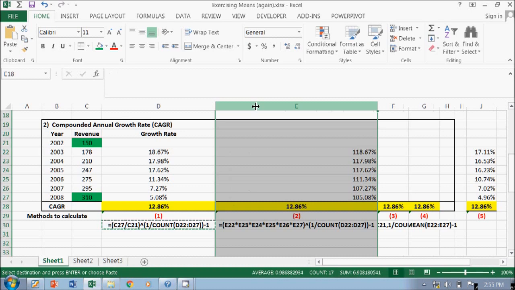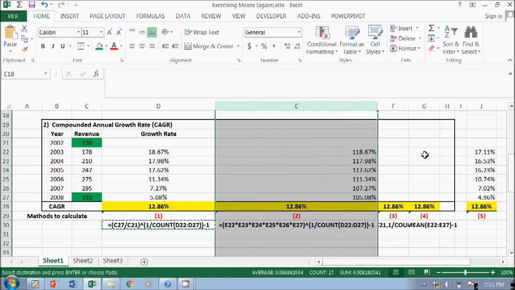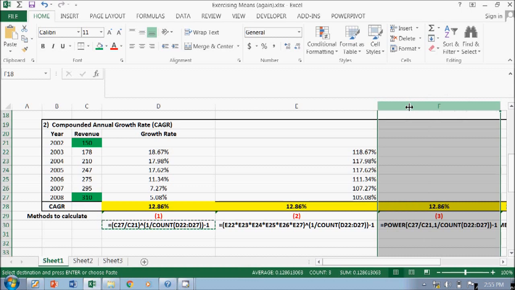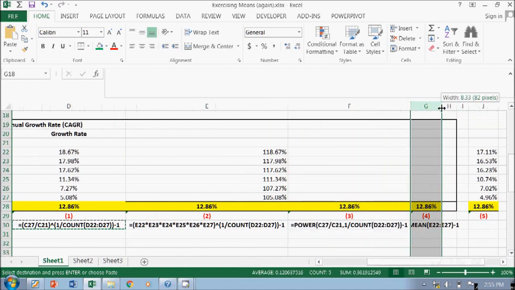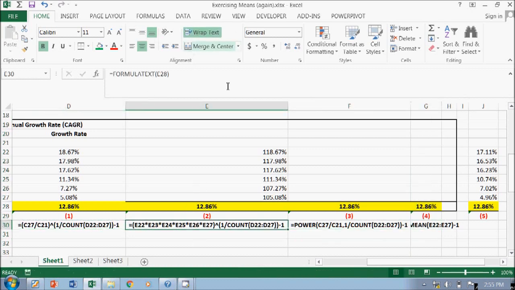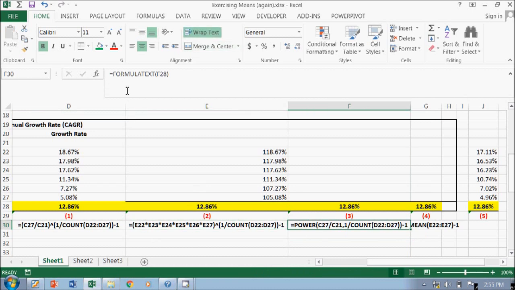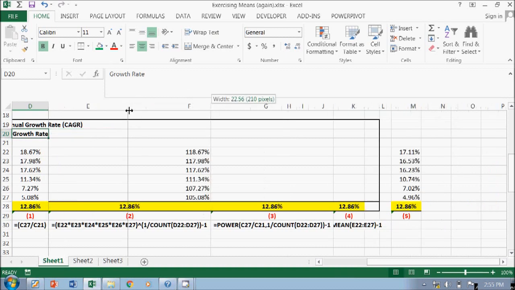It's a bit long, sorry for that. I'm going to wrap the text. No, it doesn't work. Okay, I just wrap the text. Just bear with me.